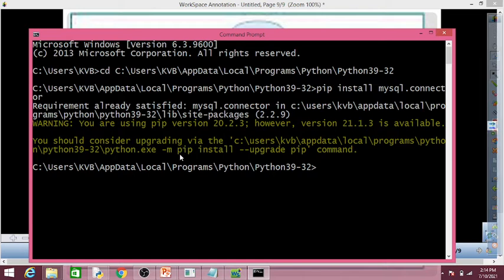To upgrade it, I can execute the command python.exe -m pip install, followed by a space and --upgrade pip. You need to type this command to update the already installed mysql.connector.